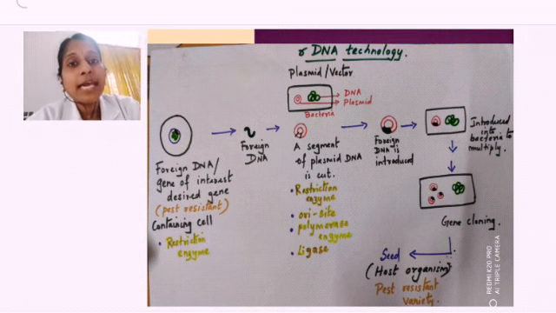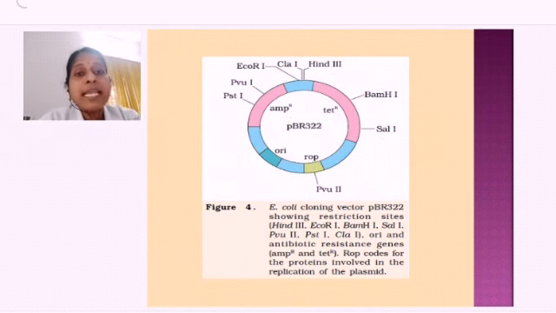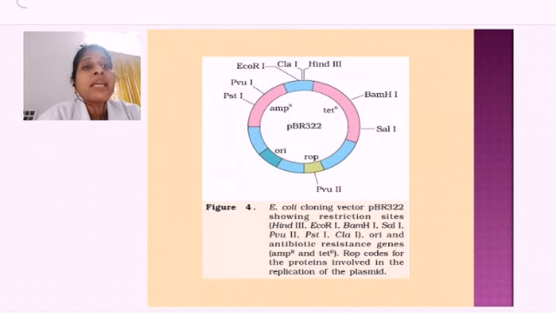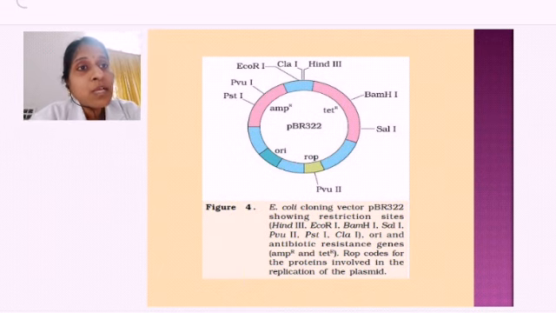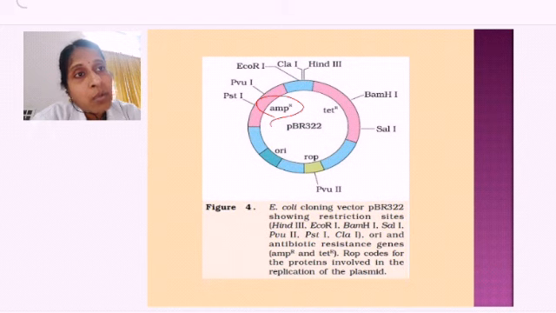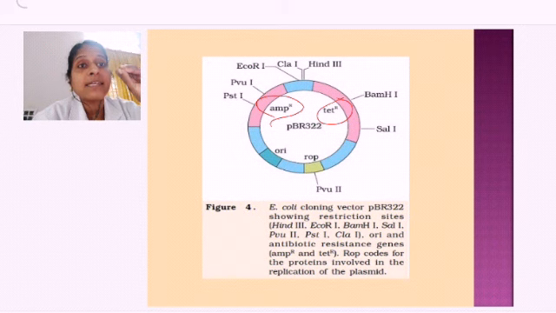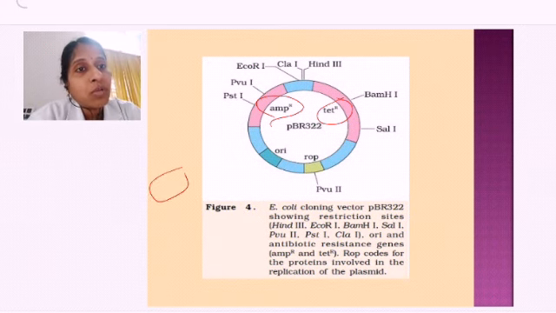Now moving on to the diagram, you can find what is the selectable marker. In this diagram you will understand. Selectable markers are usually resistant characters. Okay, so what are they? They are the resistant characters. So ampicillin is an antibiotic. What is tetracycline? It is also an antibiotic. Now ampicillin resistant, tetracycline resistant, which means if you are putting the bacteria, okay, all the cloned bacteria which I am getting,